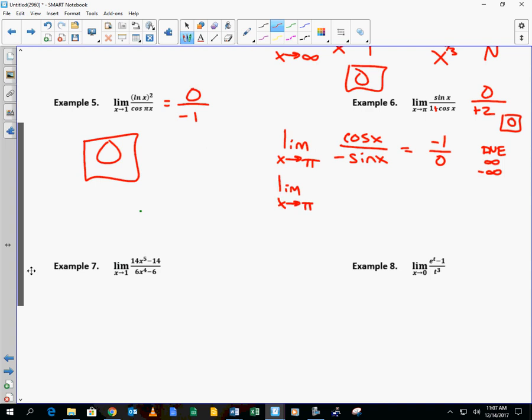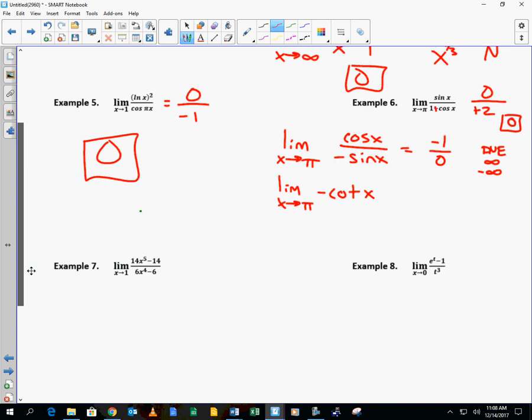No. I can't use L'Hopital's rule. It's out now because I don't have an indeterminate form. But here's what I am going to do. There's a couple ways to approach this. I'm going to choose the easier way first. What's cosine divided by sine? Cotangent. So I want to look at the graph of cotangent of x, negative cotangent of x, as x goes